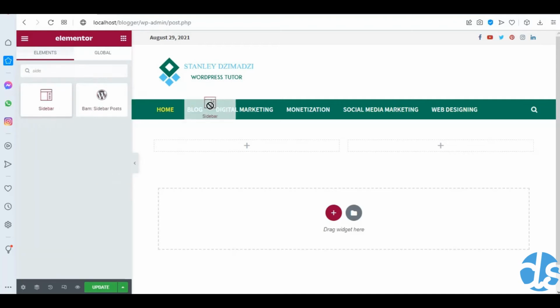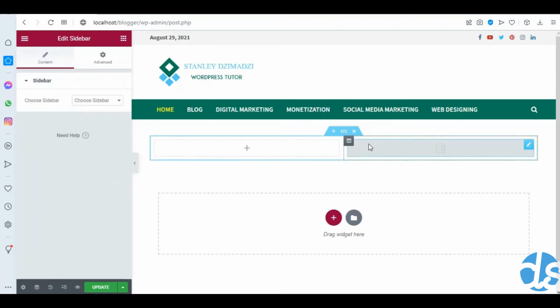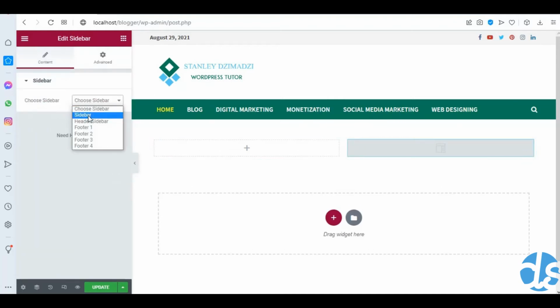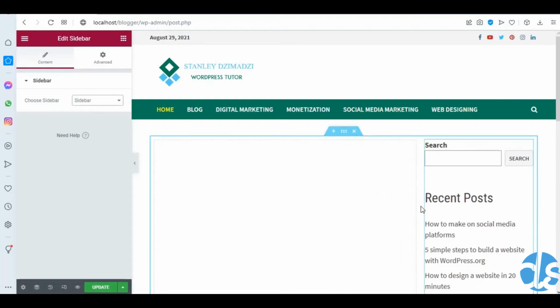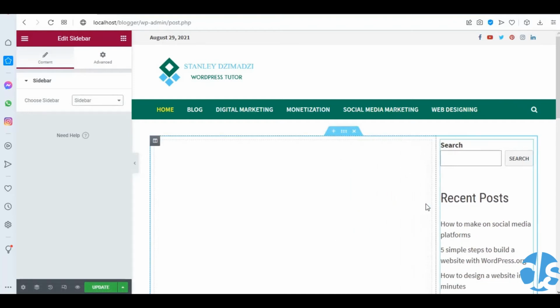Okay, this is it, and then I'm going to drag and drop it in here. Okay, so let us select this sidebar, and then we can squeeze it a little bit. Okay, so we can squeeze it like this. Okay, so now let us add our